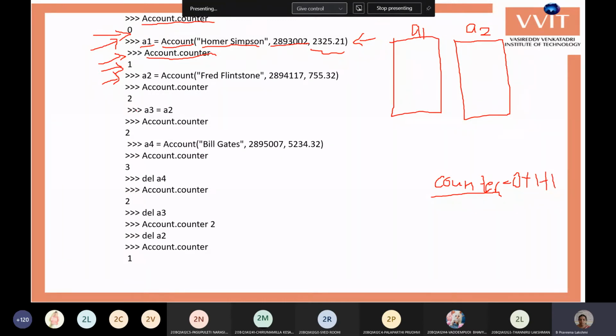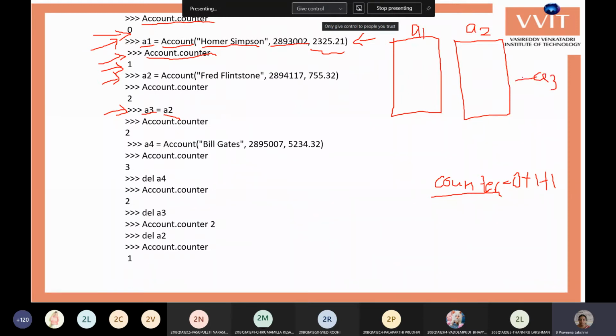Now whenever you assign a3 equals a2, you are assigning the a2 object to a3. Here it doesn't create a3 as a new object, but it is created as a reference to a2.